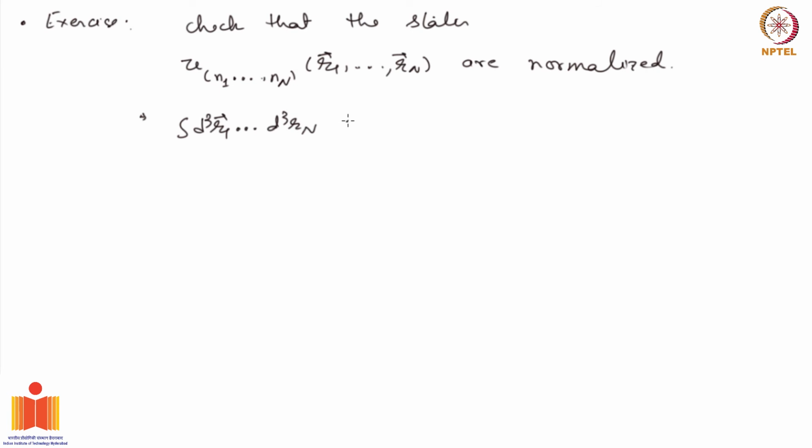Okay, so I'm suppressing r1, r2 now. Okay, you get 1 if n1 is not equal to n2, if none of these are equal. Okay, so that is one thing you should show. And the second thing that you should find out is the following: